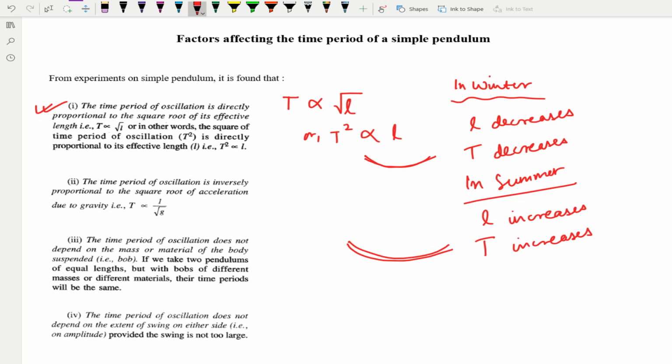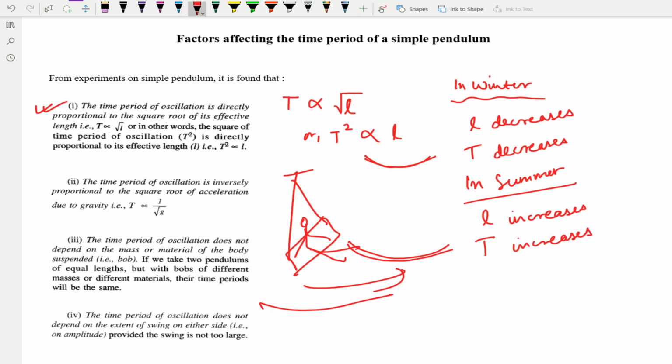Now again there is a reasoning question related to this, like the swing on which you sit. It is like this, and you are sitting over here with your legs like this, and it is swinging in a to-and-fro motion. It is like a pendulum. When you are sitting, your center of mass and the center of mass of the plank on which you are sitting are almost identical. So the effective length is from the support till here.